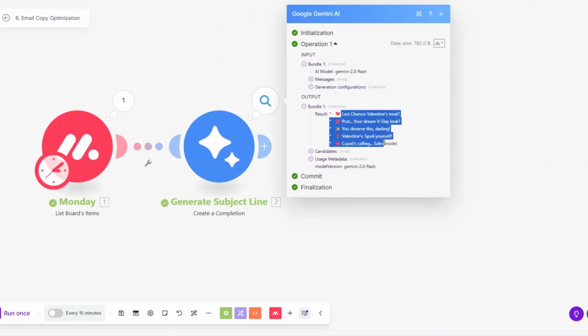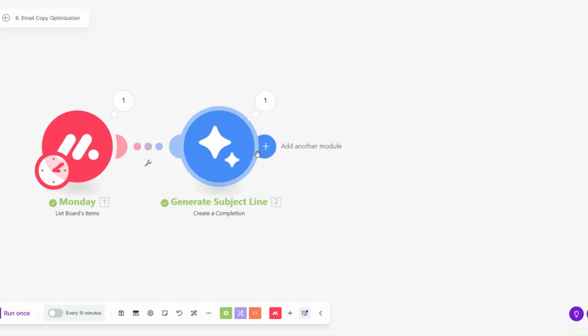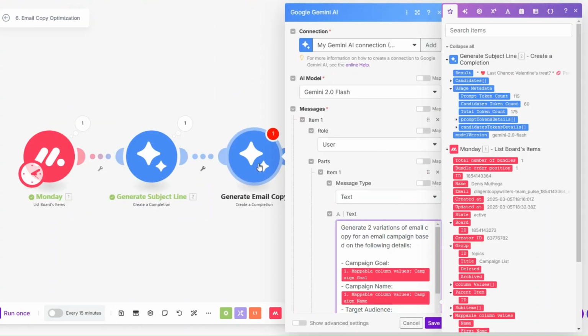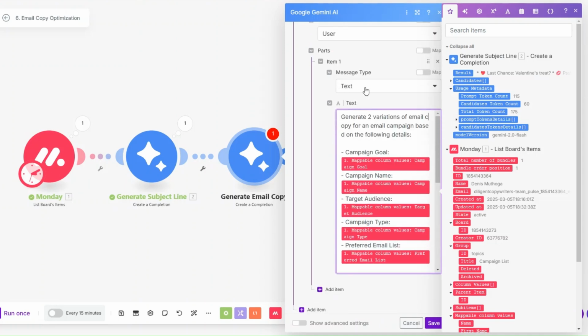Here you can see it generated 5 incredible subject lines from our campaign data. We can also now generate email copy like we did with the subject lines. I've renamed our second module to generate email copy using the latest model, role we're choosing user, message type